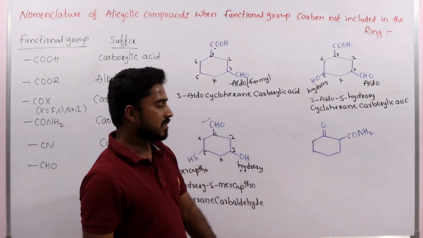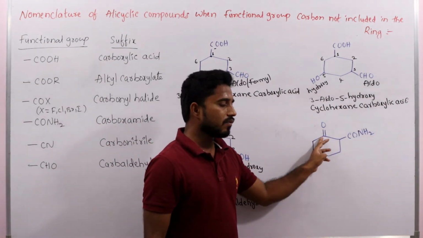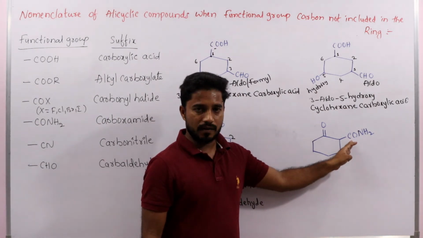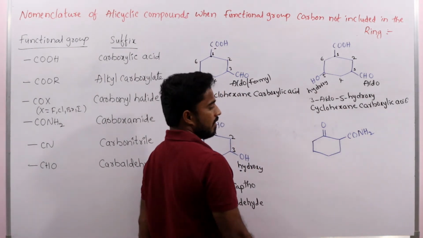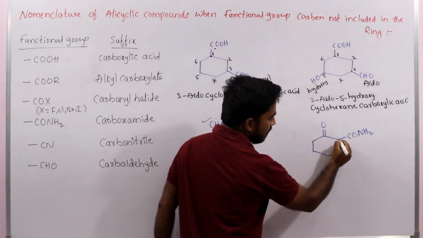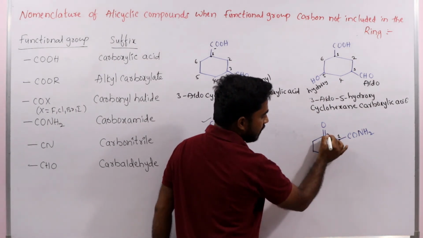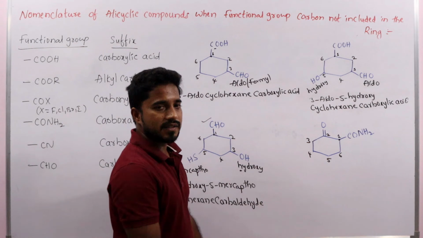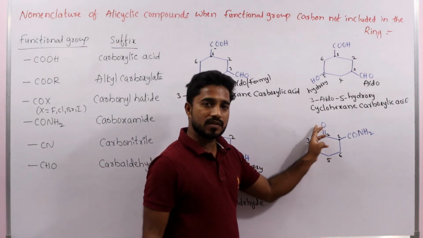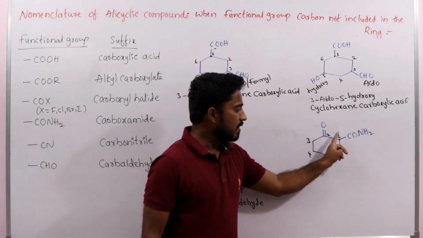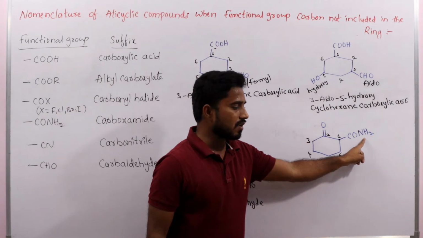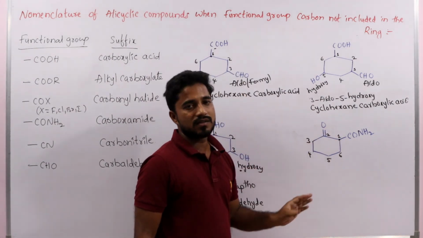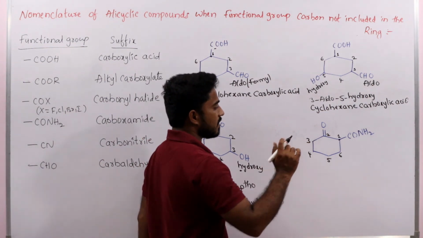So in this case, CONH2 acid amide is a functional group, and one more, a ketone functional group, is there. CONH2 is the major priority, according to the priority order. That's why numbering we have to start from here 1, then here 2, 3, 4, 5, 6. At second position, ketone functional group is there. Here which one is the main functional group? CONH2 is the main functional group according to the priority order. That's why the ketone group we have to take as a substituent prefix, secondary functional group.